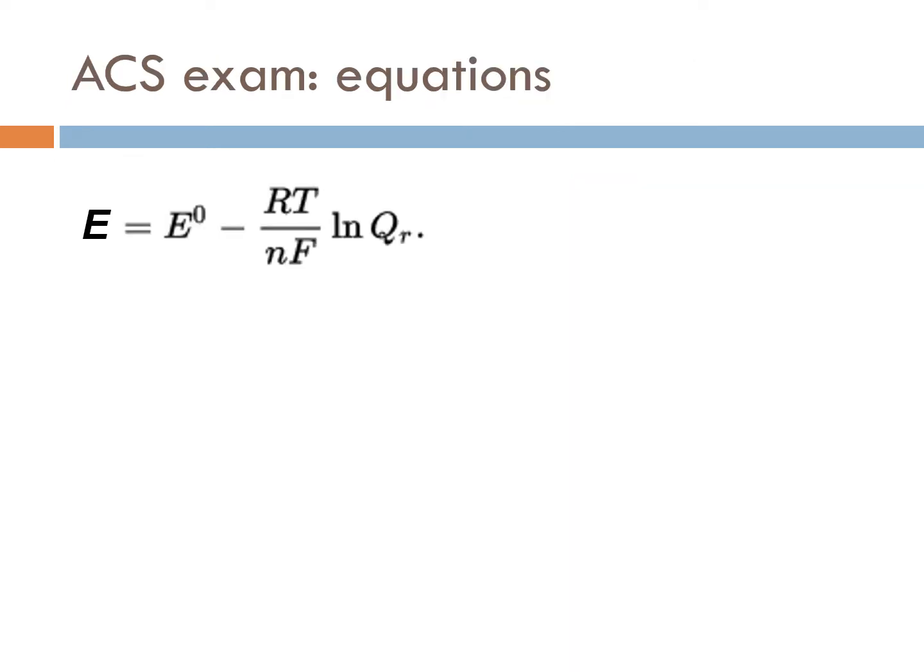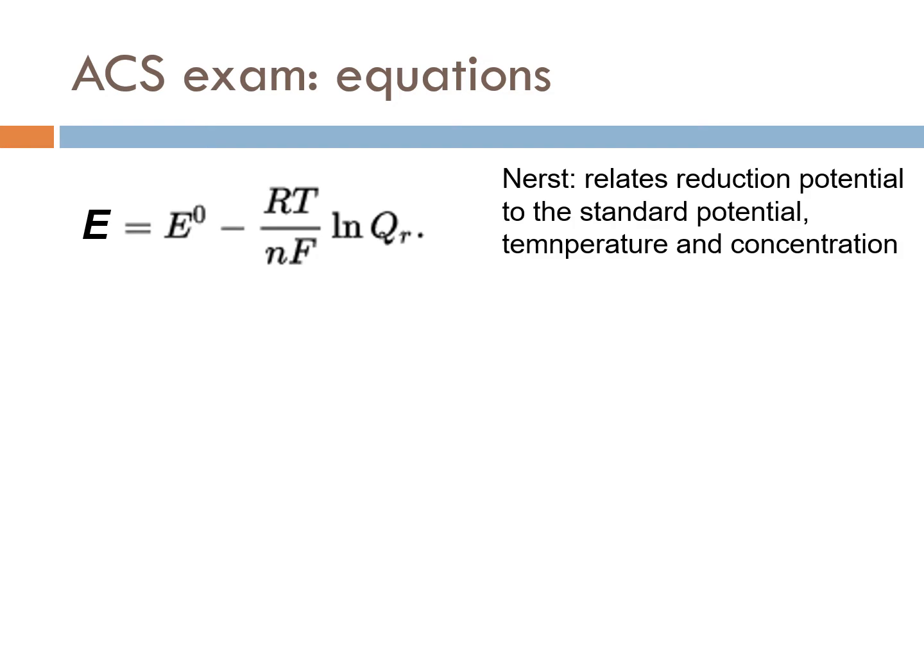More equations. So you have the Nernst equation, which is used to calculate the potential of a cell if you are not in standard condition. This is the potential in non-standard condition. This is the potential in standard condition. It's the one that you calculate simply by going cathode minus anode. R is the gas constant, T is the temperature in Kelvin, n is the number of electrons exchanged in the balanced equation, F is the Faraday constant, Q is the quotient